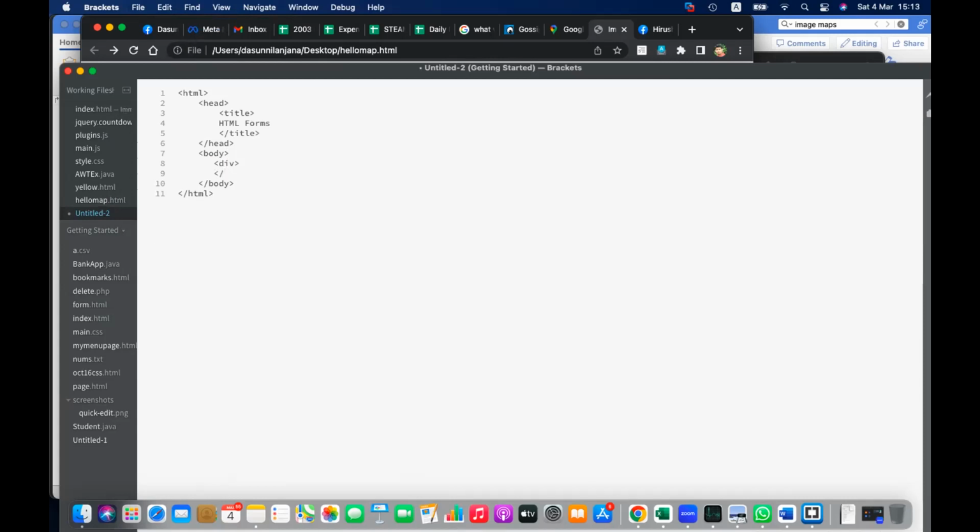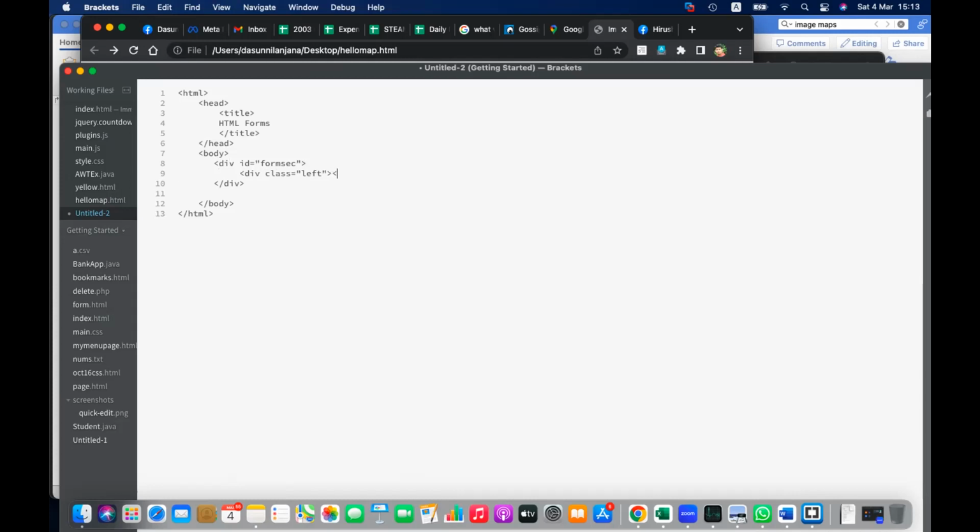Let's use divs to organize the content. The div ID form section, and inside the div, I'm going to include a div with class select,